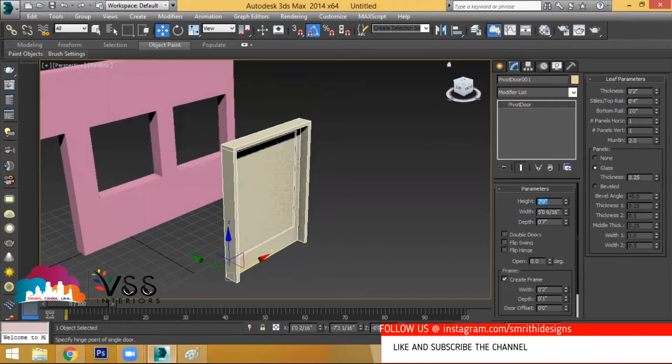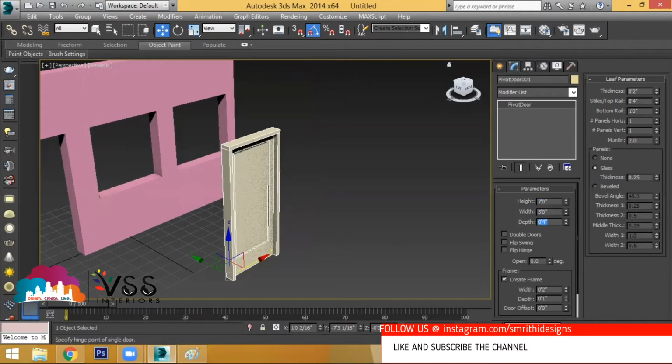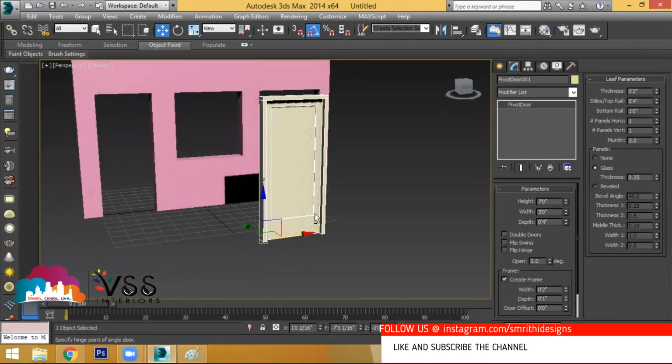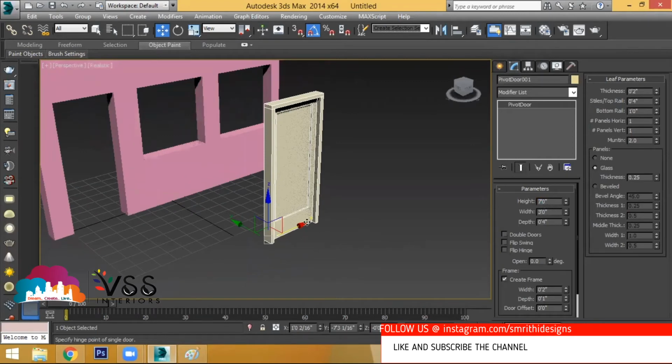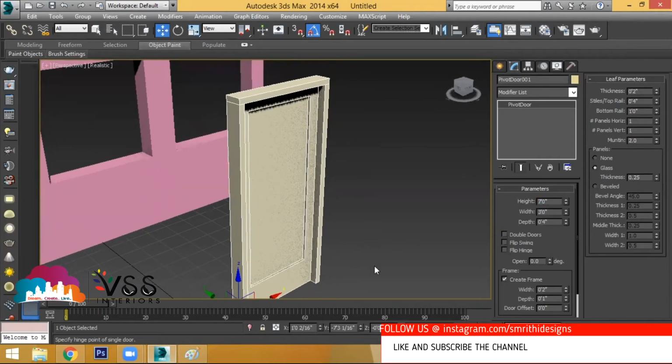Height of the door is 7 feet. Width of the door is 3 feet. Wall thickness is 4 inches. So these dimensions include only the door. Here in the door you will find this is the frame, the outer frame. We call it chowkat. And this is your door inside. We have the frame as well as the door. We have both the options here. And the dimension 7 feet will not include from this point till this point. It includes only the door dimension, 7 feet.